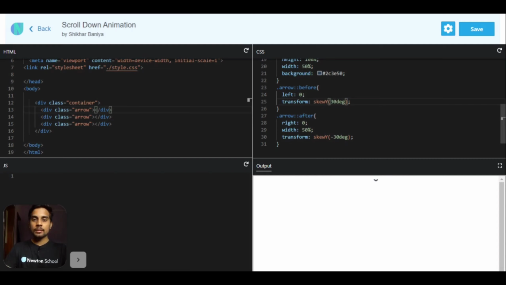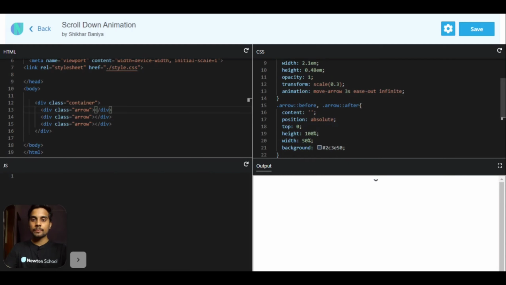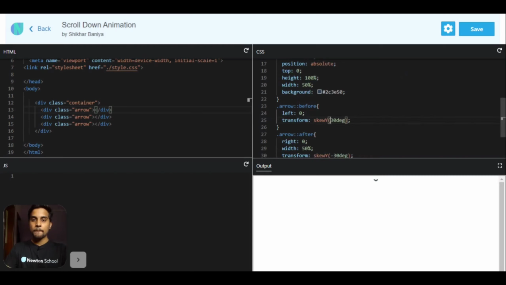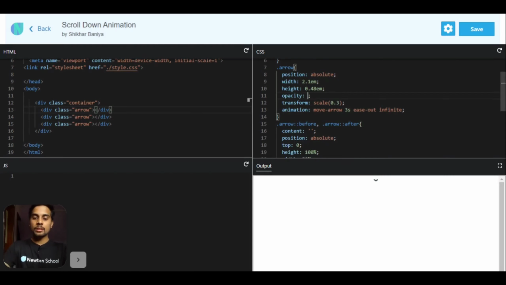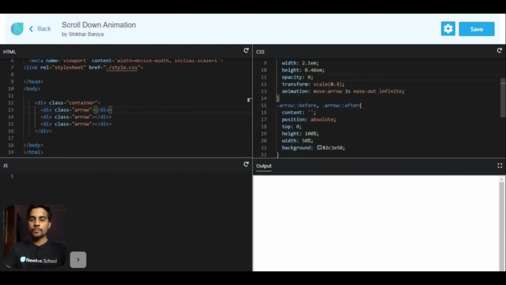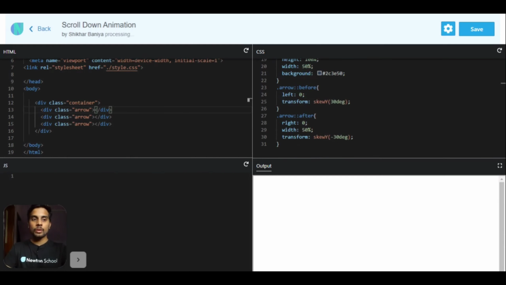Now let's add the animation. So let me change the opacity again to 0.